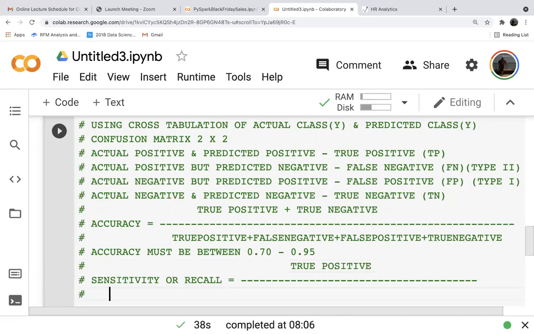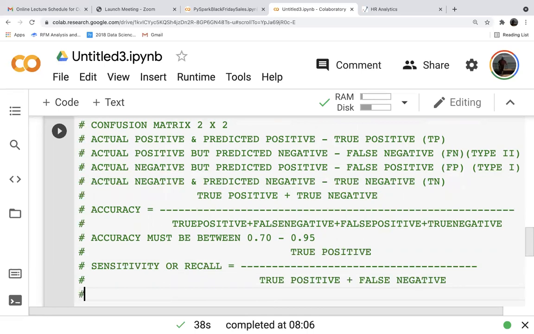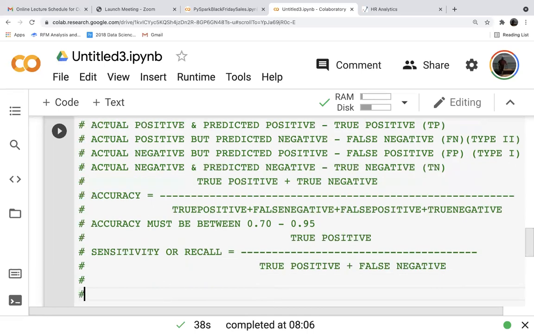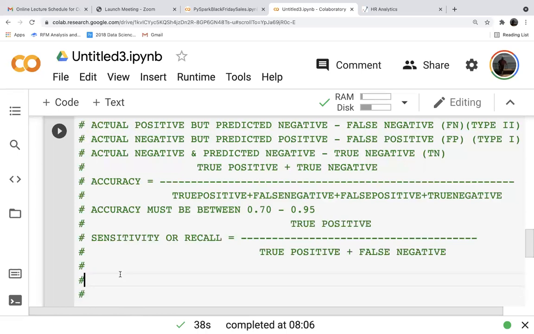So the sensitivity must be higher, similarly in the range of accuracy. The next is specificity.